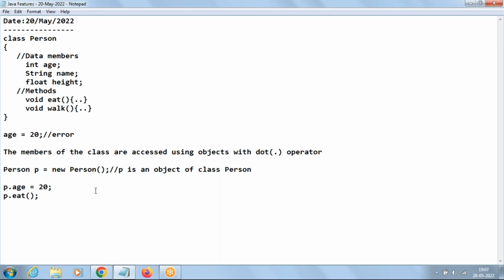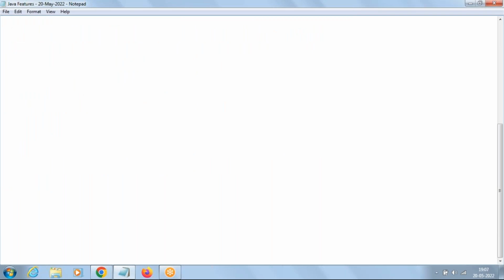Now, today's objective is that we are going to discuss Java features. There are totally 10 important features in Java. They are: Java is simple, object oriented,